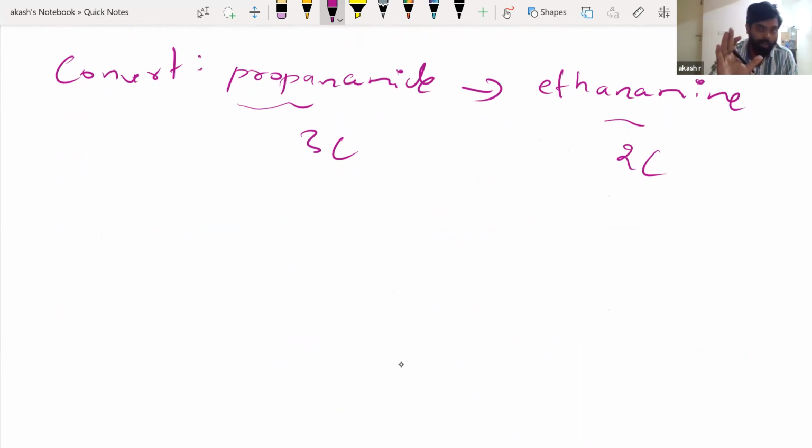And that one is again going to be a very famous name reaction, and that is going to be very, very important in these kind of conversions. The moment you see that the number of carbon atoms are reducing, this is one of the reactions which should come to your mind. What is the reaction name? It's going to be called the Hoffman